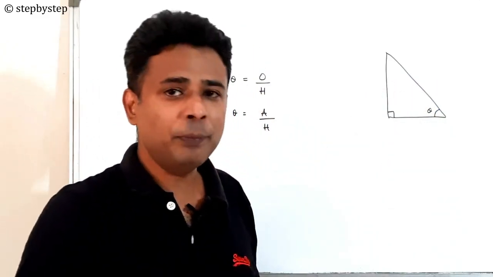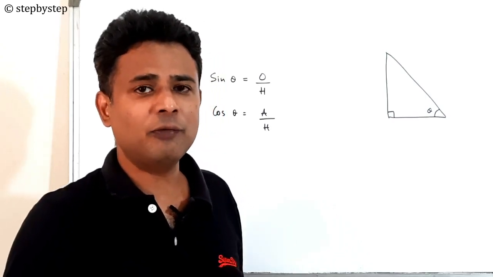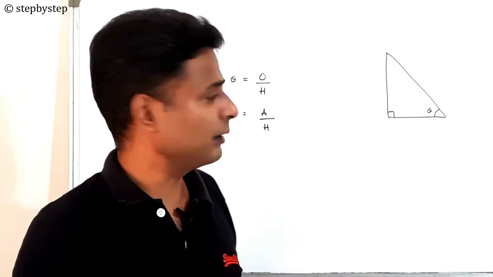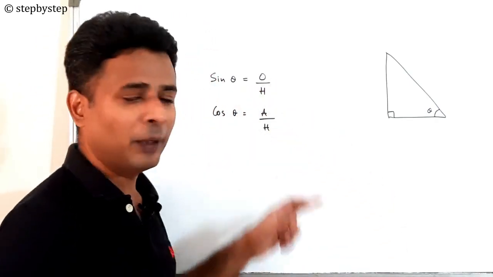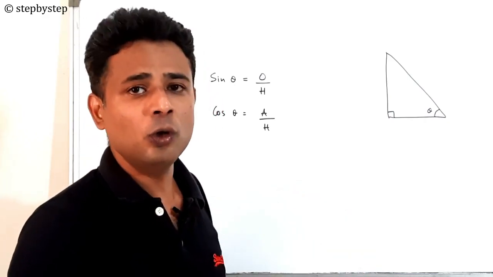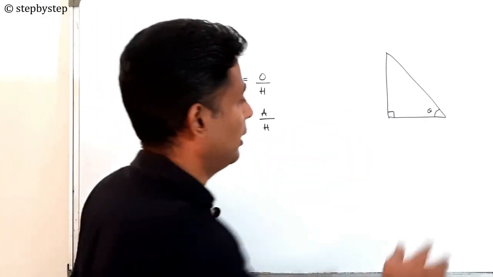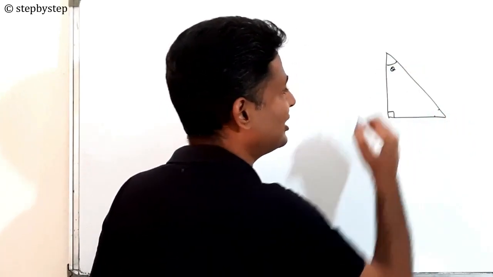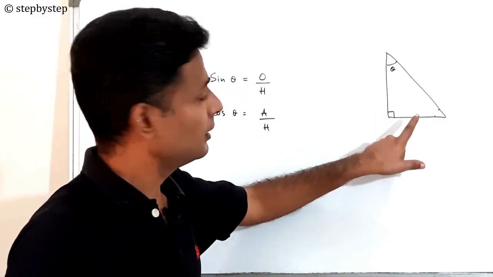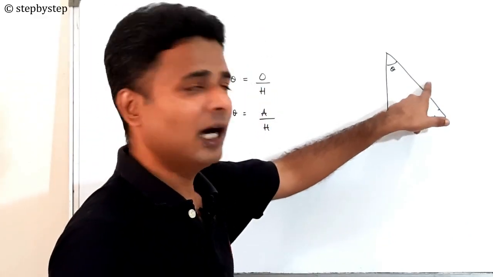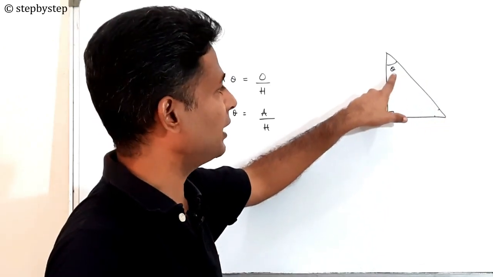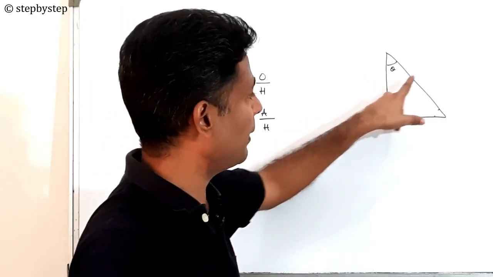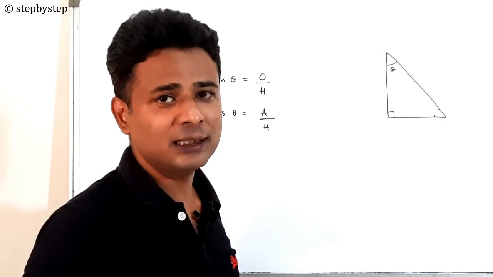Now guys, some people might have taught you in a way where you talk about vertical and base and all that. Don't bother about anything, because if you remember sin theta is opposite by hypotenuse, you will not need to change the triangle, whether this is theta or if this is theta. In case this is theta, which is the opposite side? This side. So it will be opposite by hypotenuse, sin theta. Same way cos theta, which is the adjacent side? This side. Which is next to it? This side. So this side by hypotenuse will be cos theta.